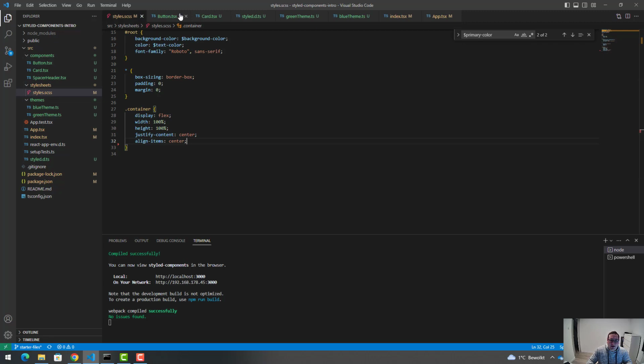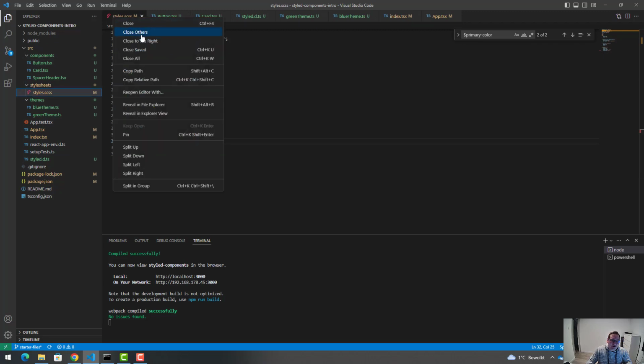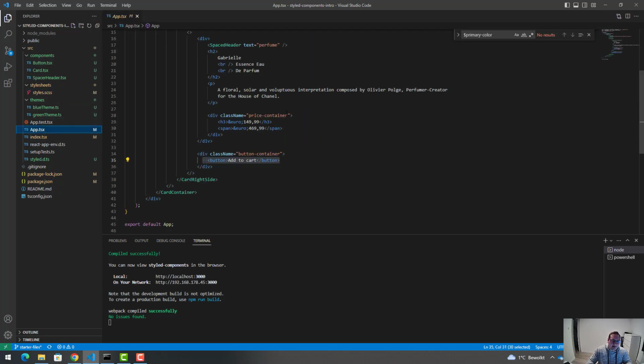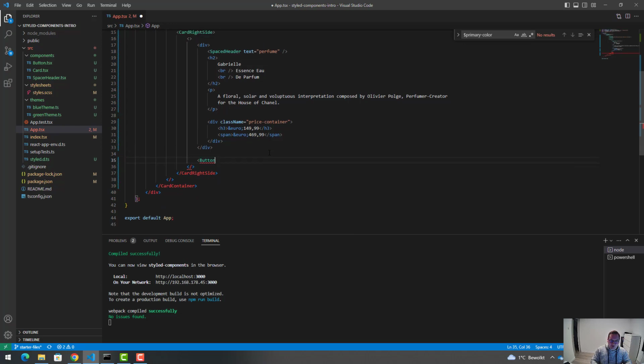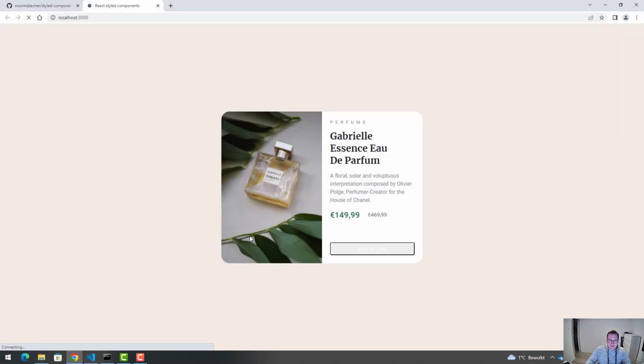And let's go to app.tsx. I have too many files open, so I close them all. Within here we can actually get our Button component. I think that's what I meant with give it a good name. And we have to provide a text with this, add to cart. This can be self-closing. We don't really need that. Okay, so let's have a look. Moment of truth. It is working, but hey,